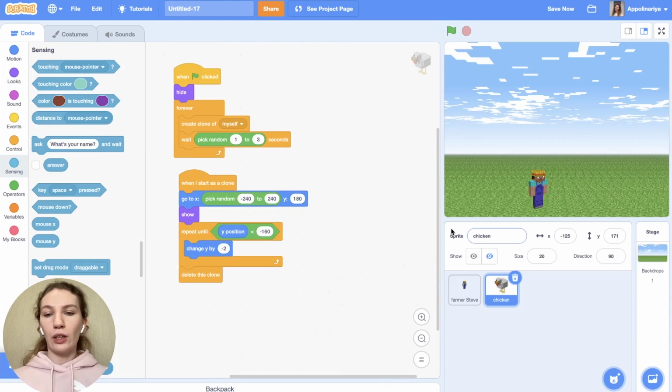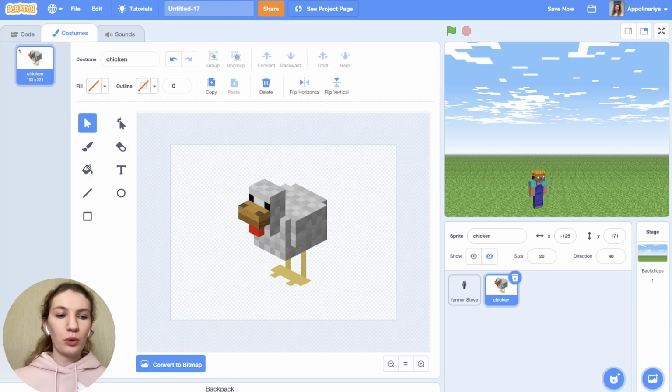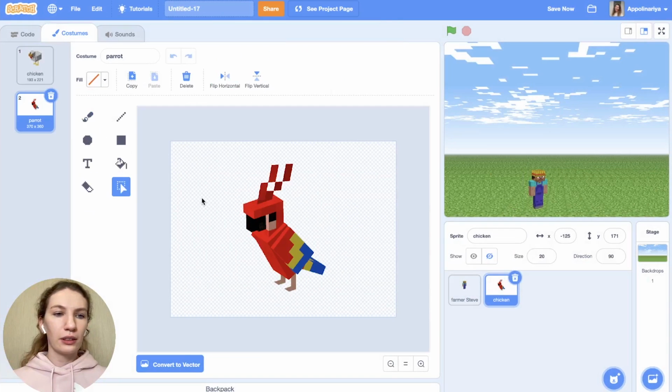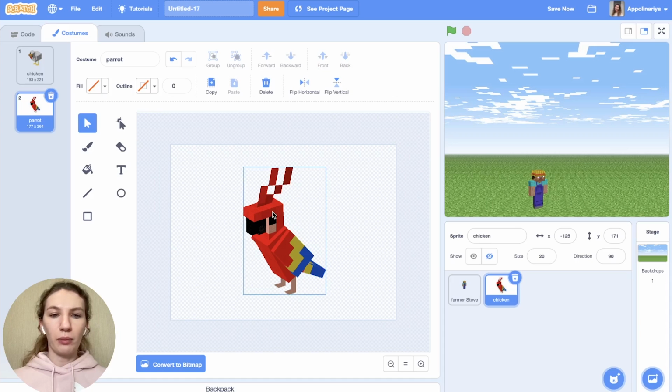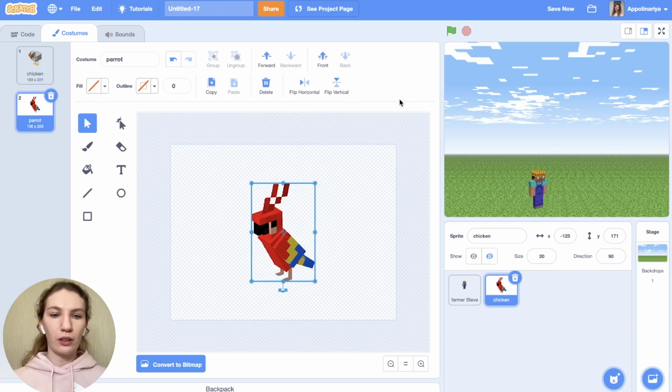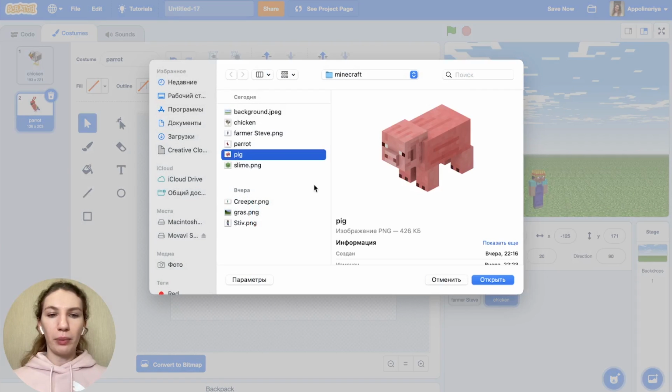Great. Just one chicken is not so interesting. Let's add more costumes and let's change them. Go to costumes and click upload costume and add parrot. Also I click convert to vector and make it a little bit smaller, put it in the center, then upload pig,